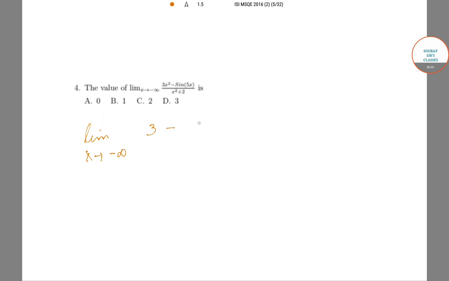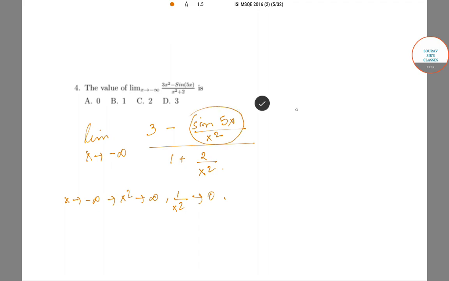What it does is (3 − sin 5x / x²) / (1 + 2 / x²). Now x goes to minus infinity implies x² goes to infinity and 1 / x² goes to 0. So if we look at this term sin 5x / x², sin 5x oscillates as x goes to minus infinity,